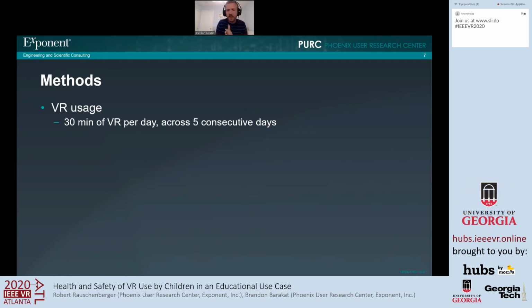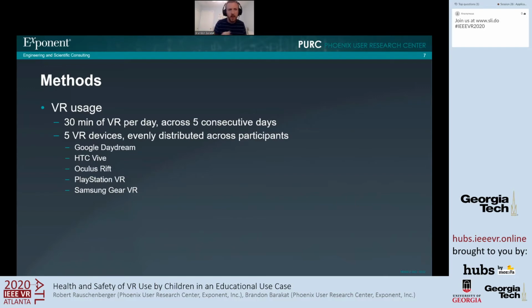Past studies have done single-day exposures for anywhere from 20, 30 minutes up to an hour, but no studies have done multiple days of exposure, so we wanted to push the envelope there a little bit as well. There were 5 different VR devices used, including the Google Daydream, the Vive, the Rift, the PSVR, and the Gear VR. And these were evenly distributed across the participants, so 6 kids per device, just to get a good sampling of the types of devices that are currently available on the market and that are being used in